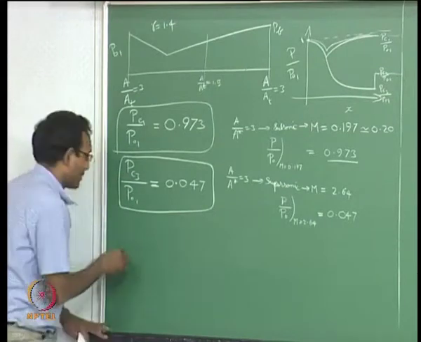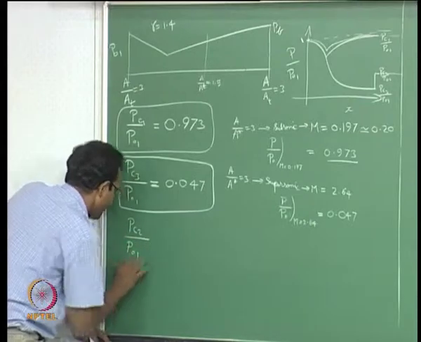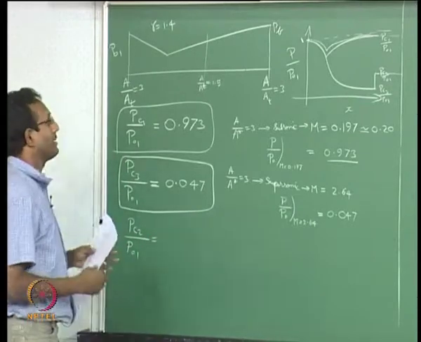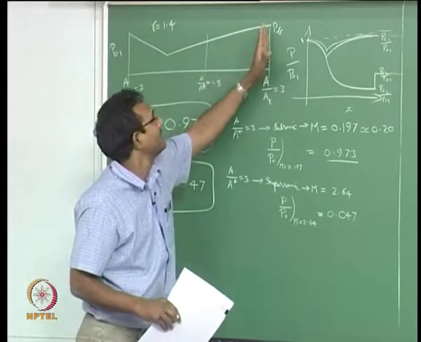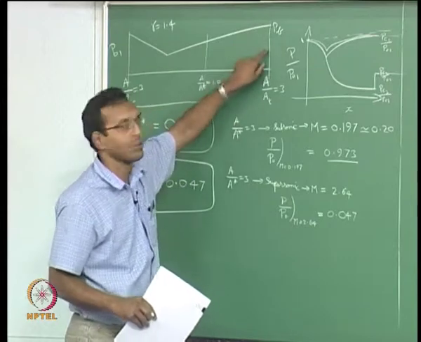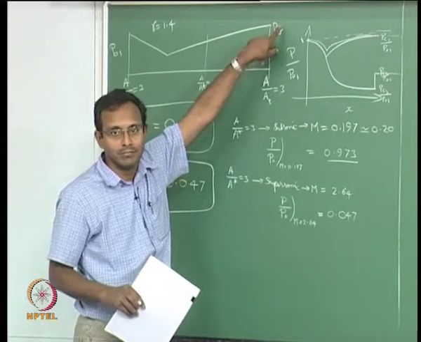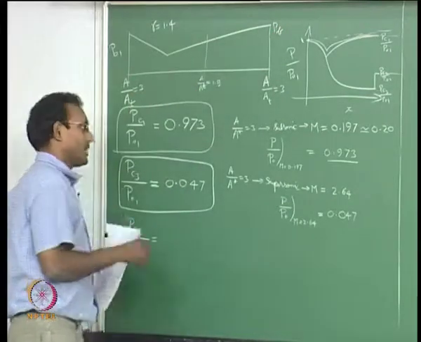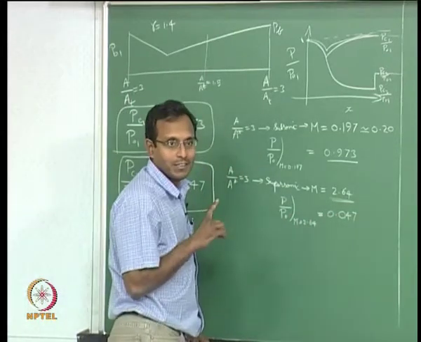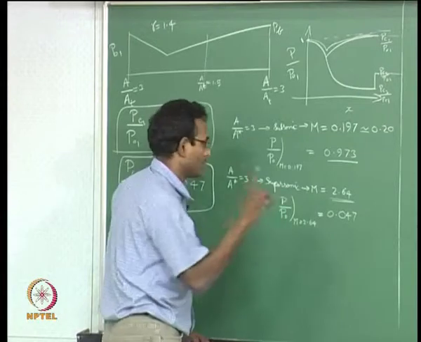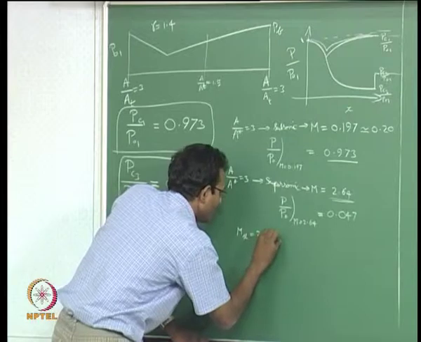Critical pressure 3 I have to mark, sorry 2, we have done 3 already. Critical pressure 2 with P naught 1, that ratio. How will I get it? I am going to say it is going fully supersonic up to the exit. At the exit there is a normal shock with that particular supersonic Mach number, and then immediately after that PB is matching P exit. That is my critical pressure 2. For that to happen, I should have a Mach number 2.64 at the exit, and there should be a shock at that Mach number. So all I have to do is M shock equal to 2.64.